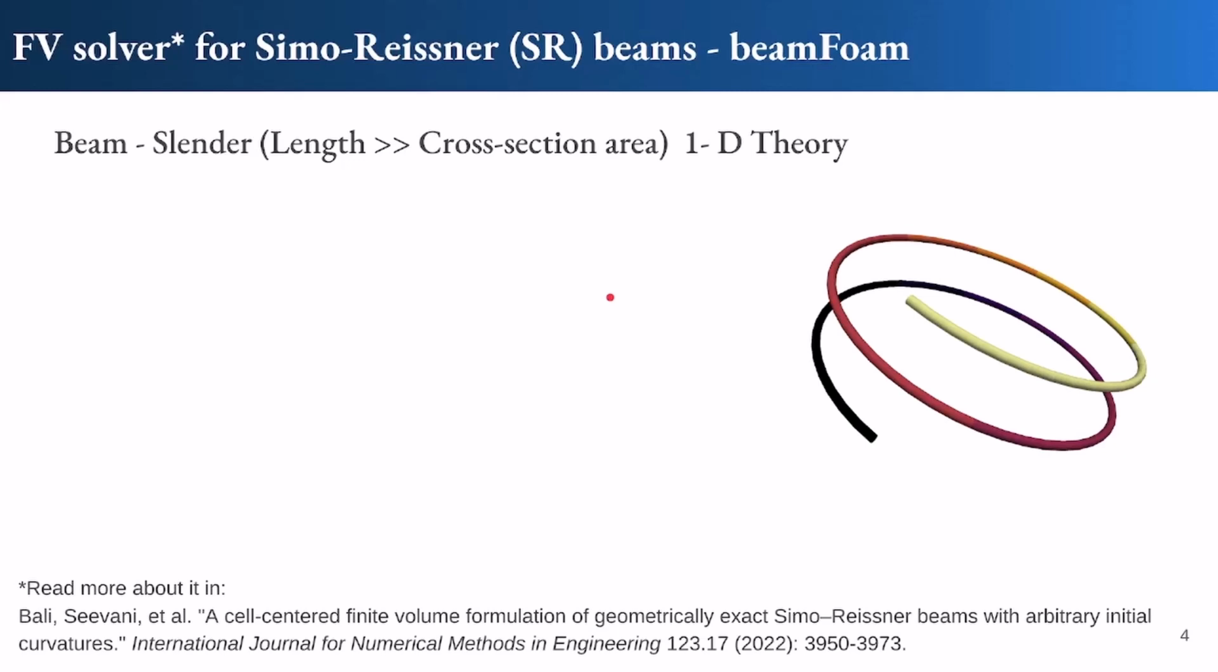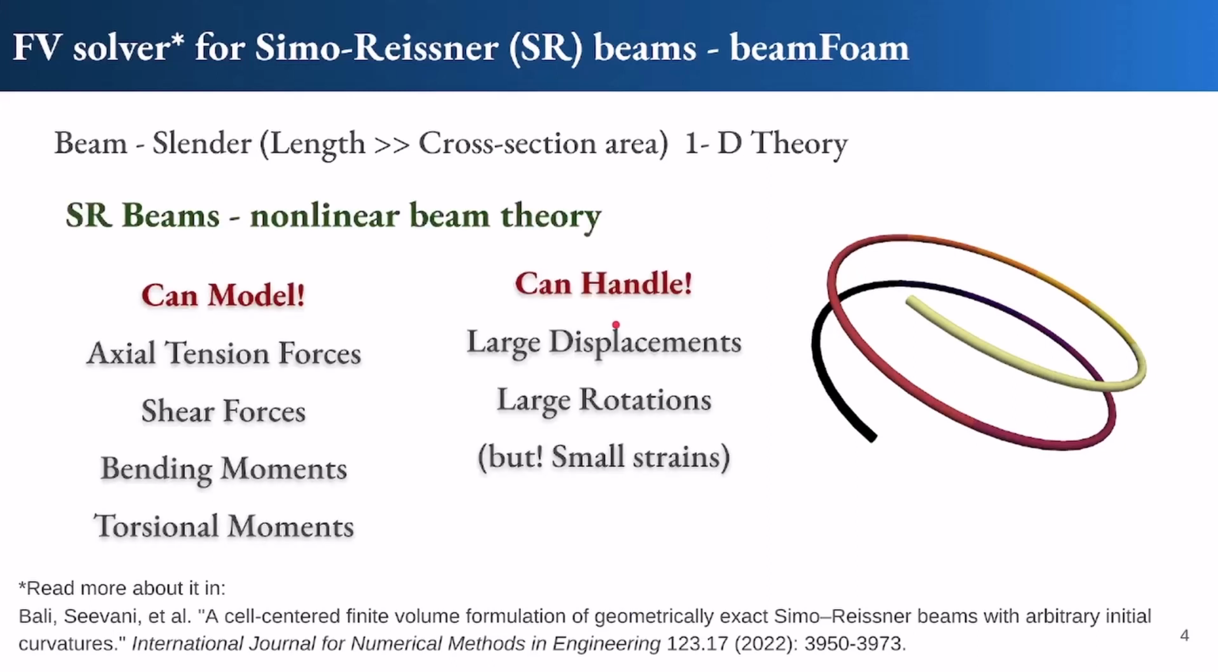Coming to the beam solver, a beam is generally a term used for slender structures whose length is much greater than the cross-sectional area. These theories are generally one-dimensional in nature. The Simo-Reissner beam theory is a specialized beam theory which is geometrically nonlinear, so it can handle large displacements and large rotations, but the strains are small because we are assuming linear elastic material models. These theories can model axial forces, shear forces, bending moments, torsional moments, twisting, and all such motions of slender structures, and hence